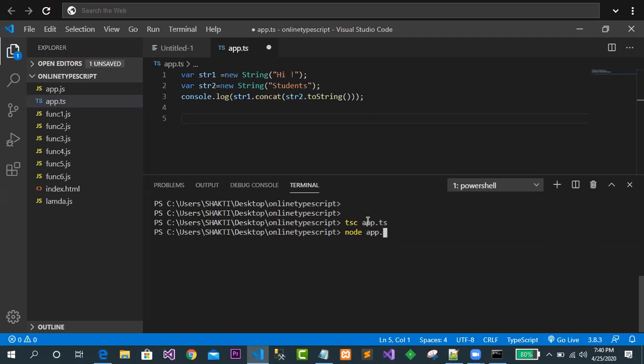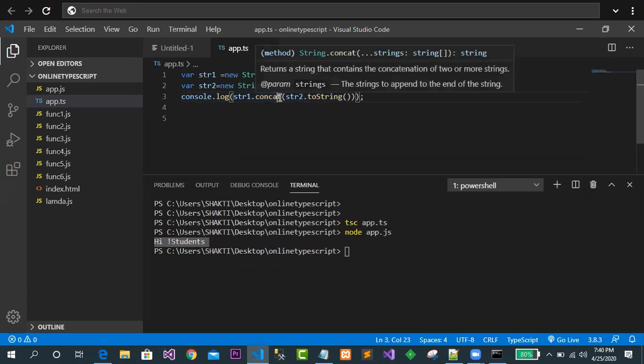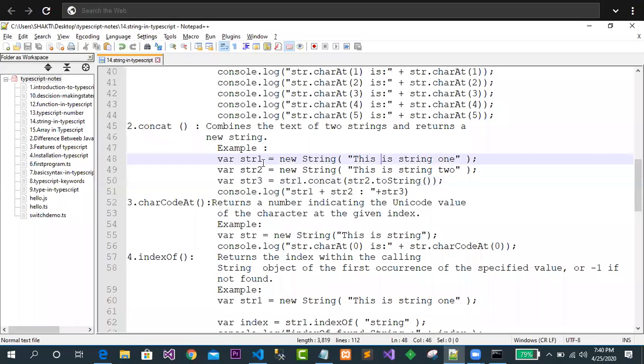Let's say app.js. Just see, "hi students". So how exactly it is, okay, simple. So now you got it, guys, how to work with your concat.